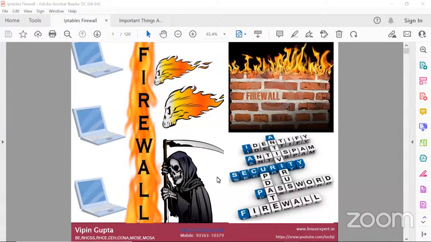That you must know about the firewall to implement and deploy firewall in your organization. It could be a big company, it could be a small company, or it could be a university or a small college. So we will be looking at that. So in our